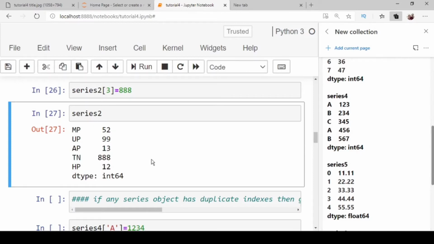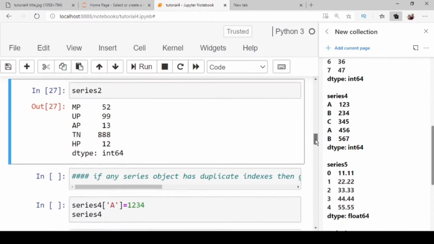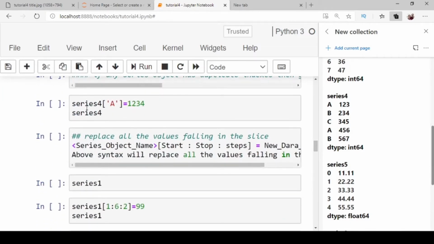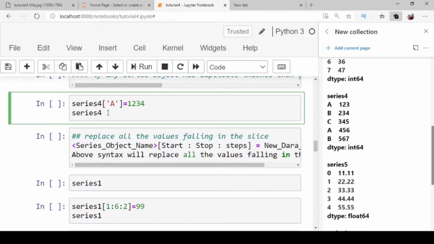Now we write series 4['A'] = 1234 and then series 4. Now execute it.